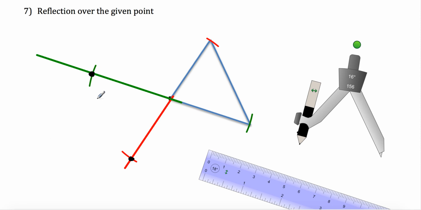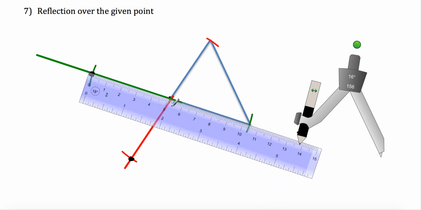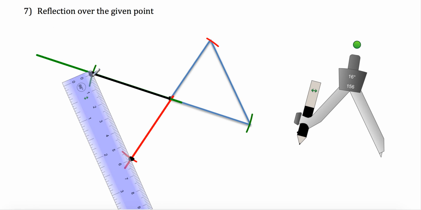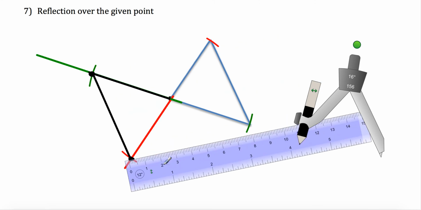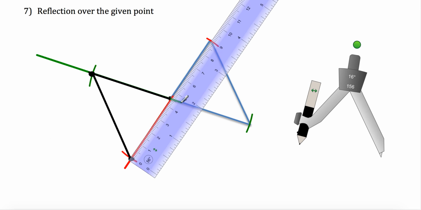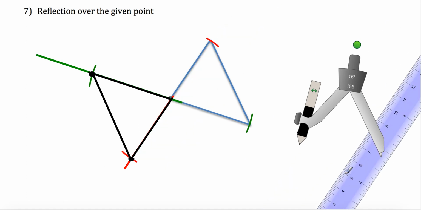So all I have to do is just connect these 3 points. All right, so the blue triangle now has been reflected over the given point over here, ending up in the black